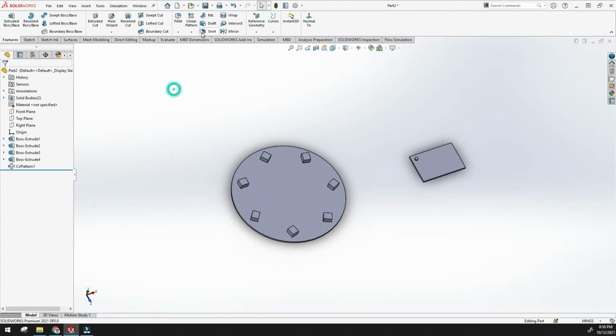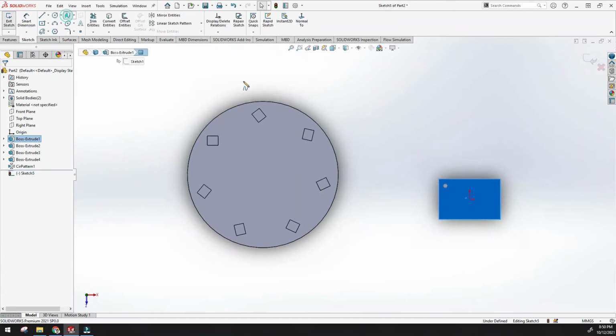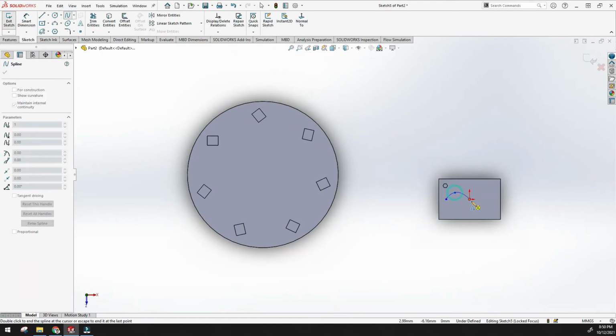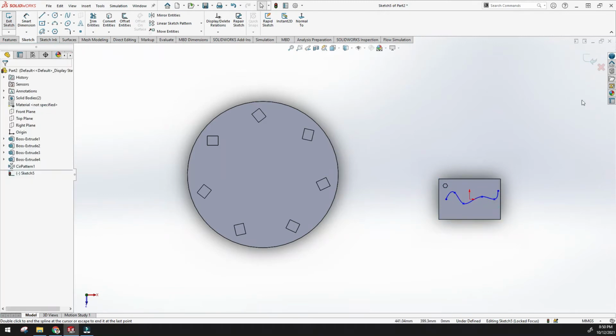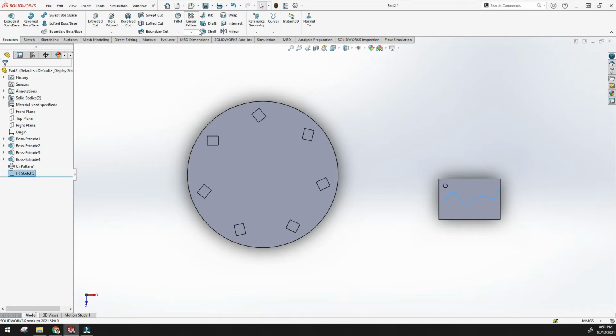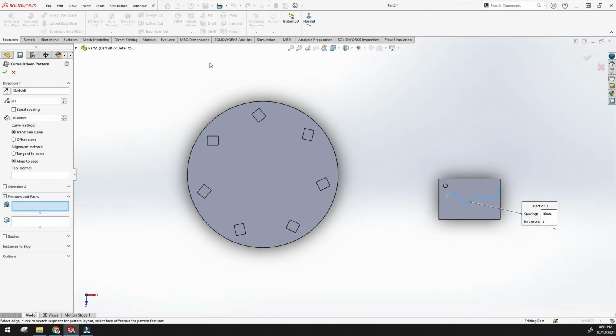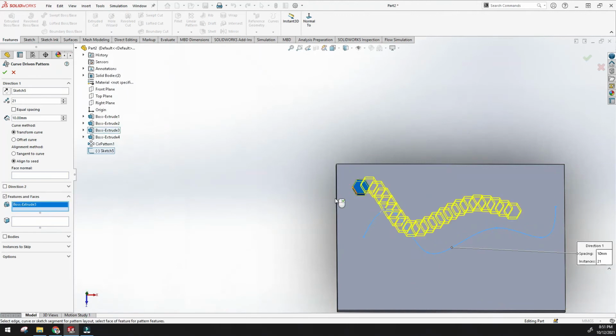Now let's understand the curve driven pattern. In curve driven pattern we need a curve, so just click this and sketch, and I'm just creating a spline. Okay, here is my curve. Done. Go to curve driven pattern. Direction is already selected. This is this curve, and here it is asking for features and faces, so just select these features, and here you will see according to this curve,